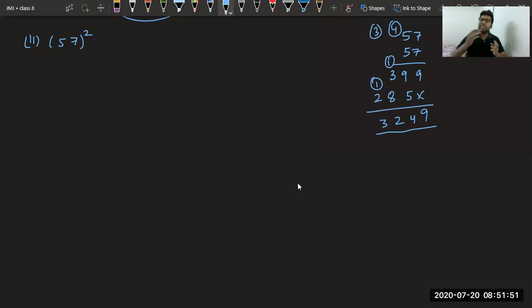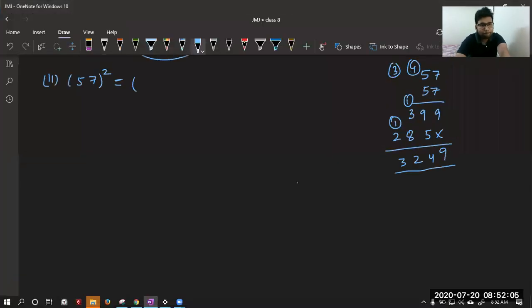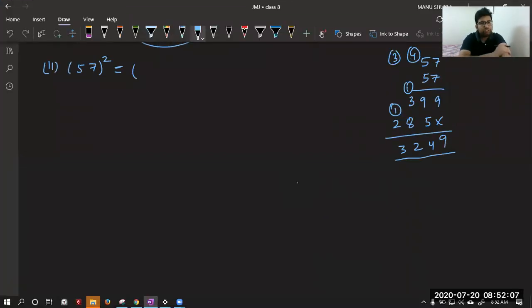Now if the question is saying don't find using direct multiplication, you have to go for the other method. We will try to write this number as a sum of, all of you please tell, what will you write this number as? 60 minus 3. Okay, Krishna, it's okay. 60 minus 3 is okay. Good. 50 plus 7 is correct. 60 minus 3 is correct.